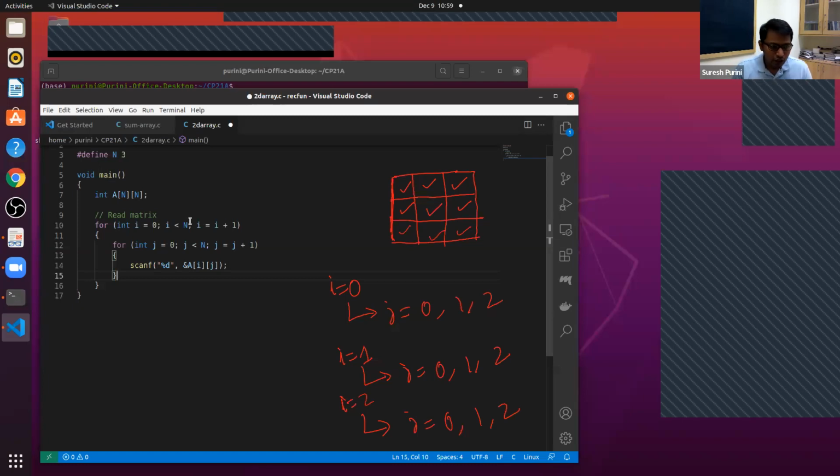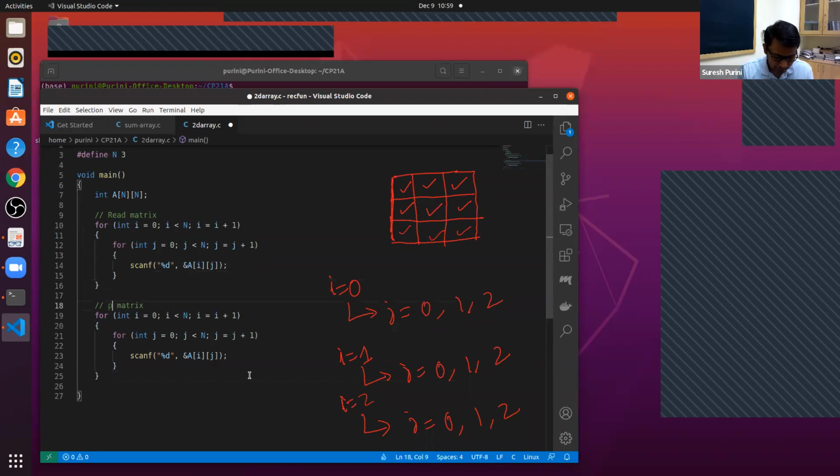Okay. So now if you want to print them, what will be the code? I'm just copy pasting this code. We cannot make the array start with 1. Okay, so I want to print this matrix. So I use printf. Let's use printf, and then maybe use 5 spaces for print.